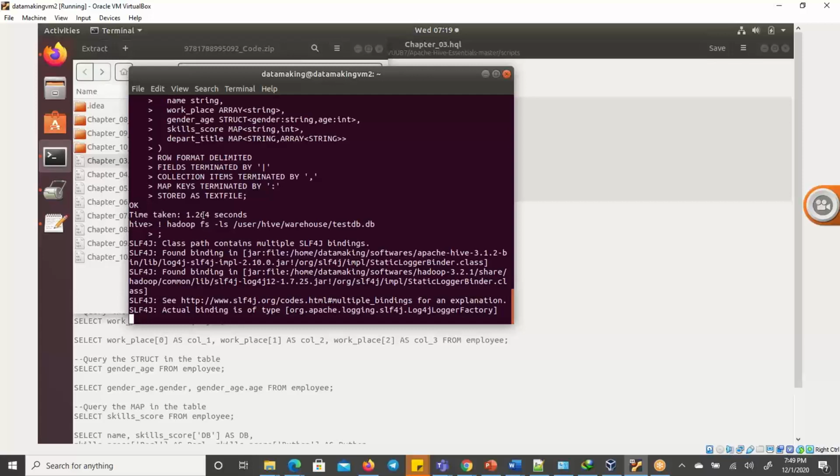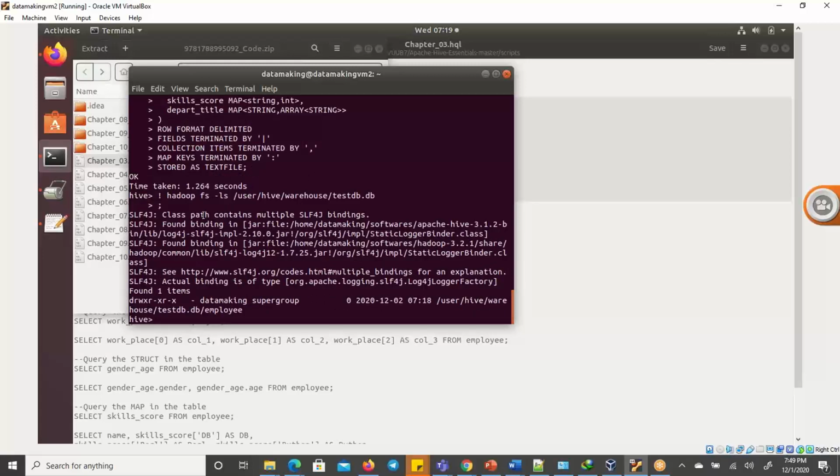So one folder is created with the DB name, and in this folder a table folder is created. This is also a directory. D means directory. So if I go to /employee,